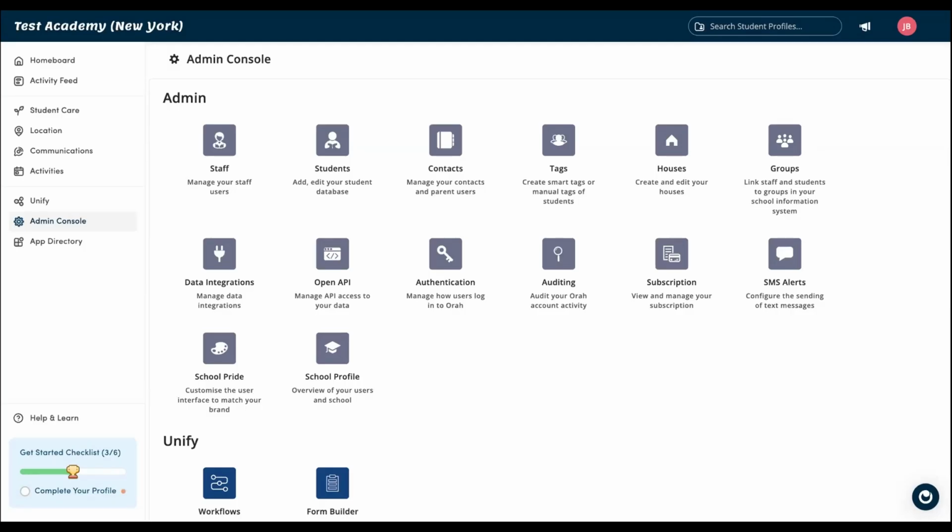The one feature that I did want to touch base on, since we have so many people on the call, we'd love to hear your thoughts on it. Z had mentioned it briefly as he was going through, and that is the current ability to have stock isolated to houses. Is that something that would work on your campus in terms of how you administer over the counter? This is more so applied to schools with boarding populations. In exclusively day schools, we have a way to get around this, but for those with boarding populations and who are using houses in Orah, does that